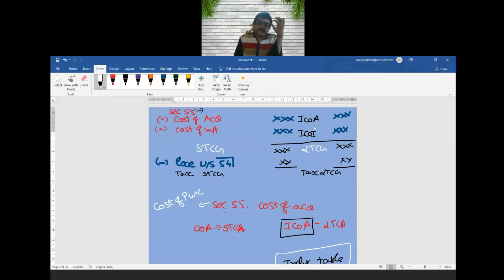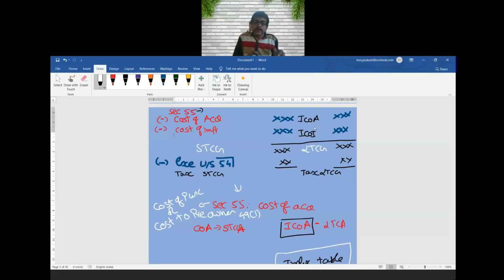In some cases, I will come to that later, it is the cost to the previous owner. Generally, నేను ఎంతకైతే కొంటున్నానో that will be my cost of acquisition. నేను కొనలేదు, you had gifted me, so ultimately cost to the previous owner will be considered as cost of acquisition. That's what we will be discussing under section 49 subsection 1, at a later stage. At present, my focus is only on section 55.